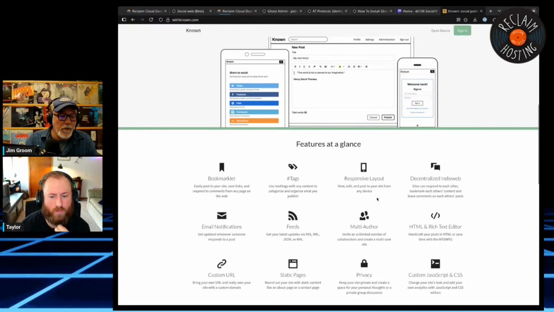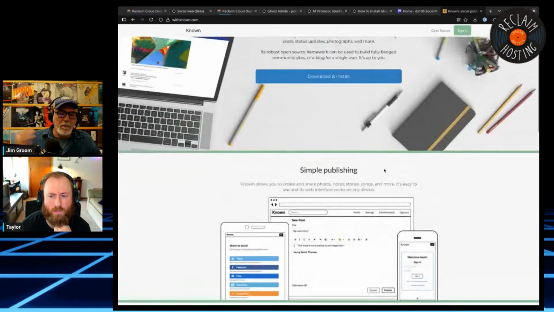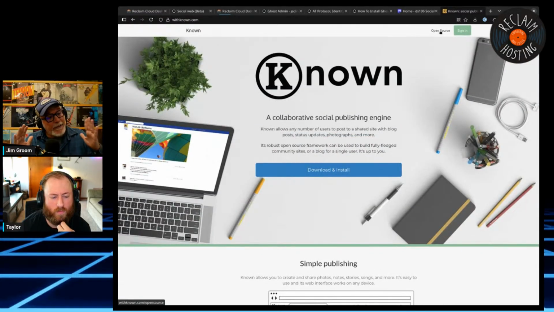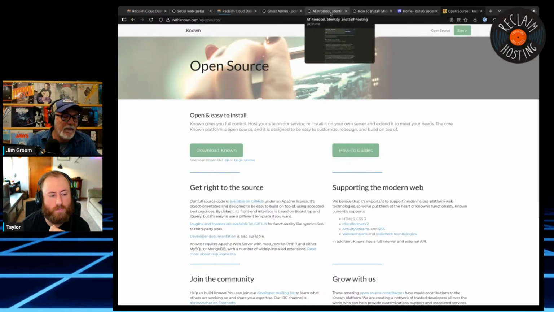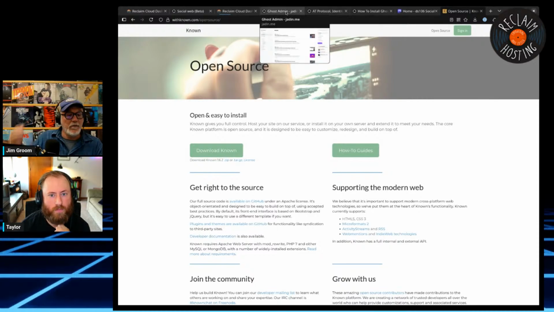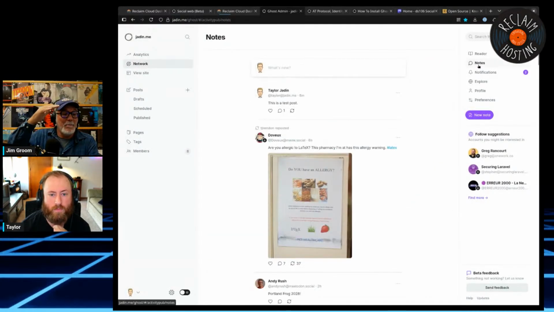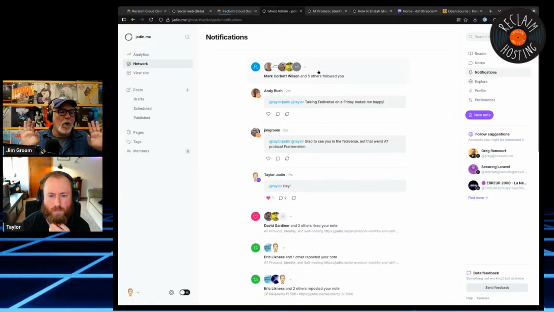The problem with Known, and maybe I'm wrong here, is that it didn't have that reader feature. So ultimately you had to go out to that social network anyway and interact there. You had the ability to post, but you didn't have the ability to read and interact and be in the space. What Ghost is suggesting here is you have the RSS reader, you have the back and forth where people are commenting to you, and you have that back and forth of, say, Mastodon, and that reader built in, whether it's Ghost or whatever application, WordPress, whatever, would be really the key in my mind.